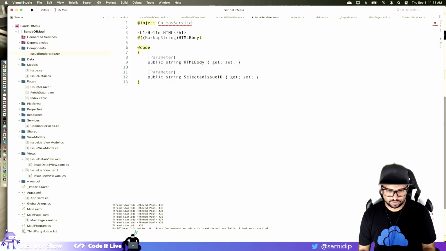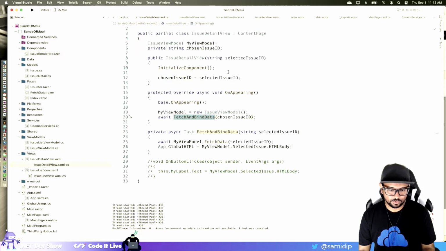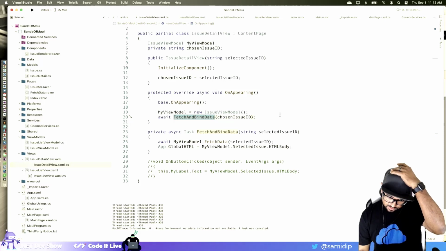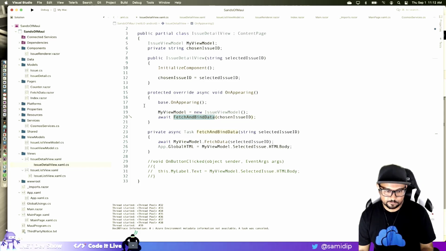If I do this, oops. How did this get complicated? So essentially now you're asking me to, because this is the XAML view that has the selected issue, you're asking me to move all of this into Blazor. Is there no way, Ed? Is there no way to just give Blazor